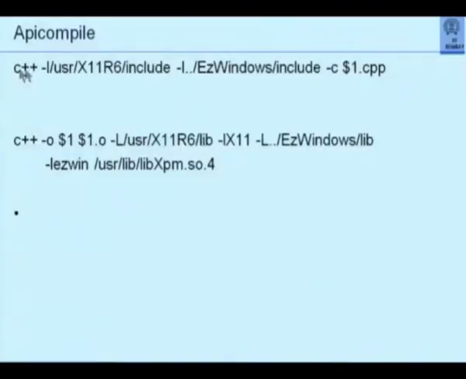But where is the location of those? That depends on where your EZ Windows is. You will install this package, you will have an EZ Windows directory in which there will be include, lib, etc., and there will be a samples directory where your sample programs will be. Notice that I am saying include this X11R6.